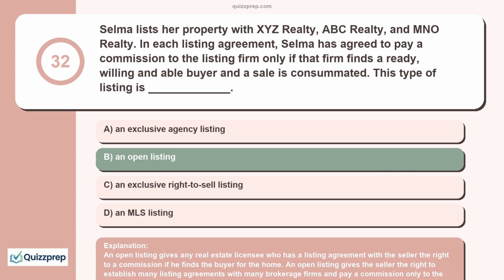Sellers might be under the misguided impression that this type of listing gives them an advantage. However, in most cases, the listing agents in an open listing are not apt to market the property as aggressively if there is a possibility that another firm could find the buyer. Furthermore, most multiple listing services, MLS, specifically prohibit the publication of open listings in the MLS listings, so all marketing of the property must be done through other less effective means.